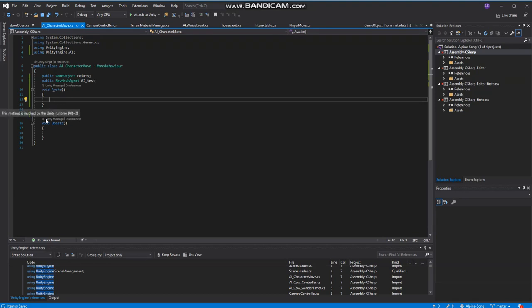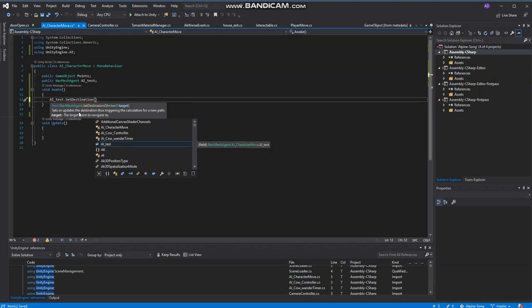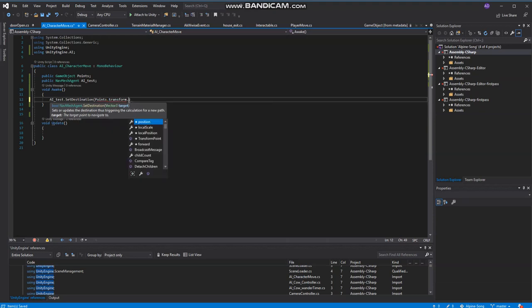So on awake, honestly, I'm just going to do this on awake. We're going to go AI underscore test dot set destination, points dot transform dot position. You happy with that? Good. Alright, so it's just basically